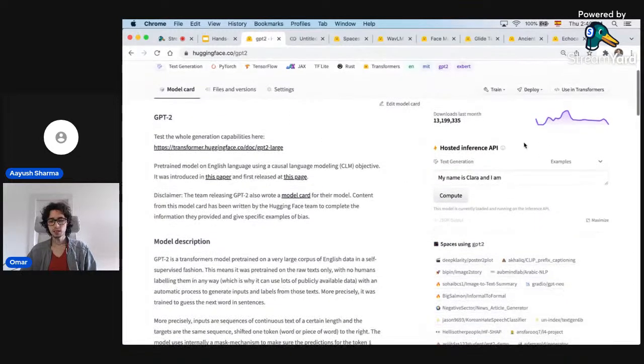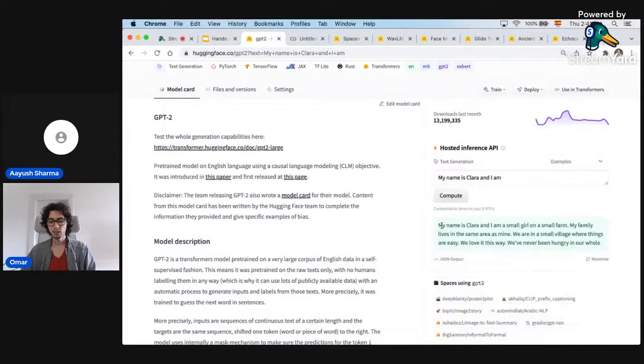Something that is nice is that at the right, you can actually play directly with the model with these widgets that we call the inference widgets. So for example, here the sentence says, "My name is Clara and I am." When I click compute, it will take a bit and then it will generate an ML-generated description, right? The input was "My name is Clara and I am," and everything else is generated by an ML model. This task in machine learning is called text generation, which, given an input, will give more text. It will expand the initial text.